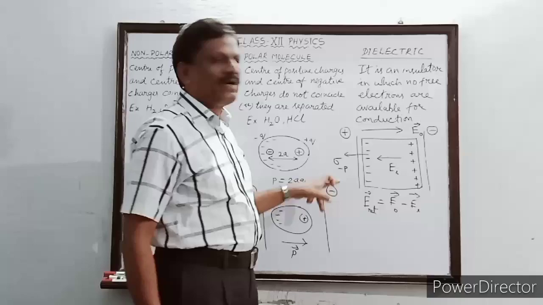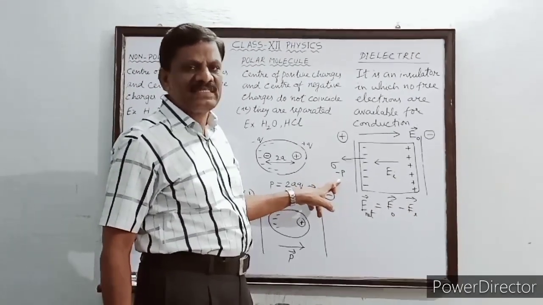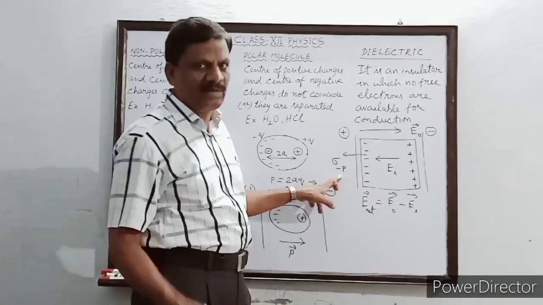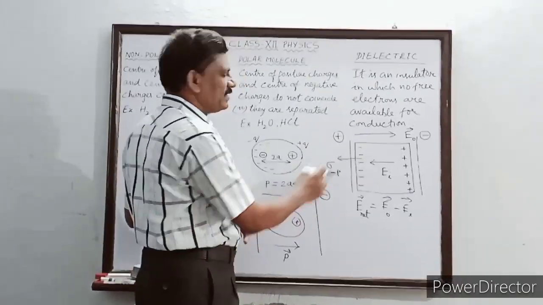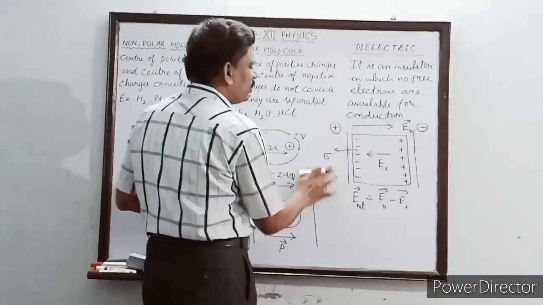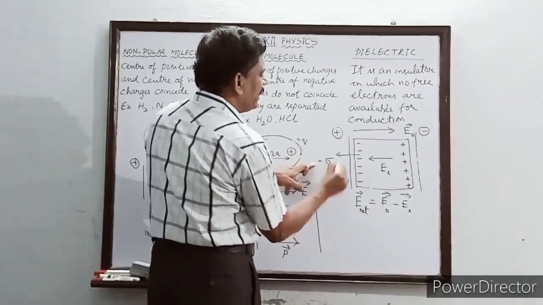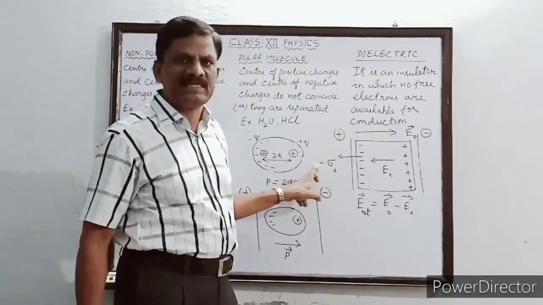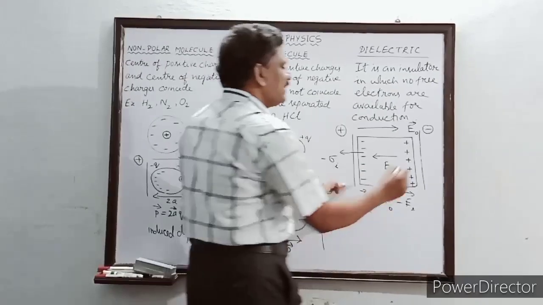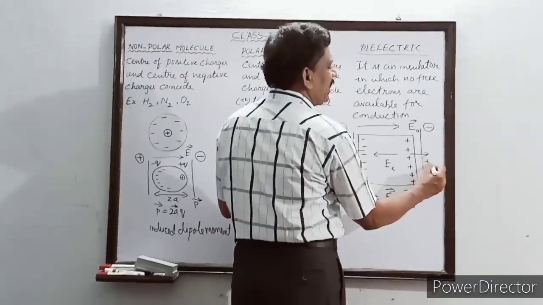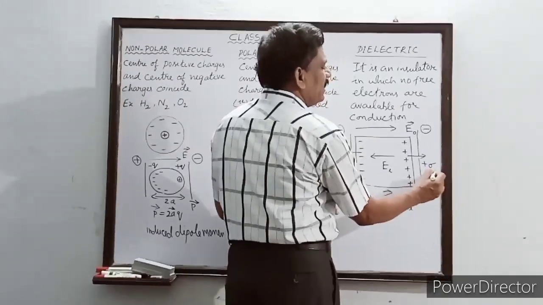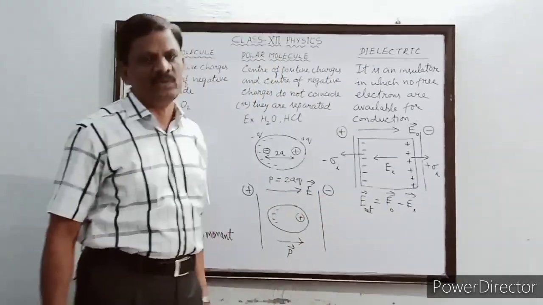Okay, I will tell you what is the meaning of this P. P stands for polarization, that is the next topic, and these are the induced charges. So we can also use this as sigma I, or you can also use the symbol minus sigma induced. This symbol also is permitted. The charges developed on the right side of the dielectric are positive, therefore this is plus sigma induced. I stands for induced.